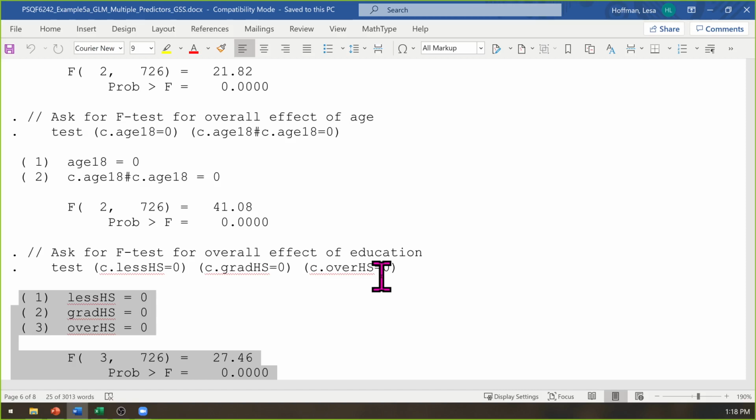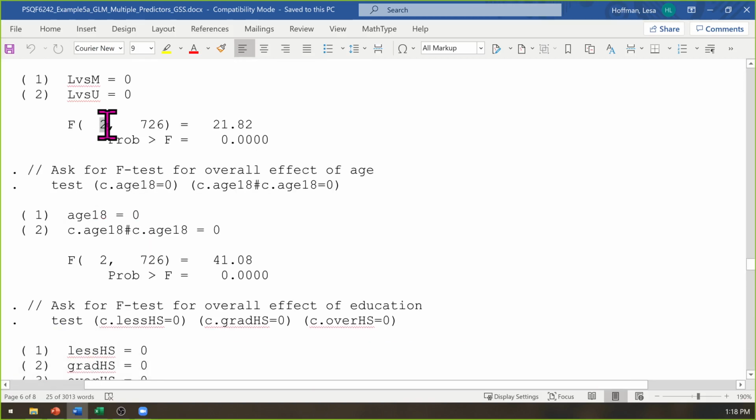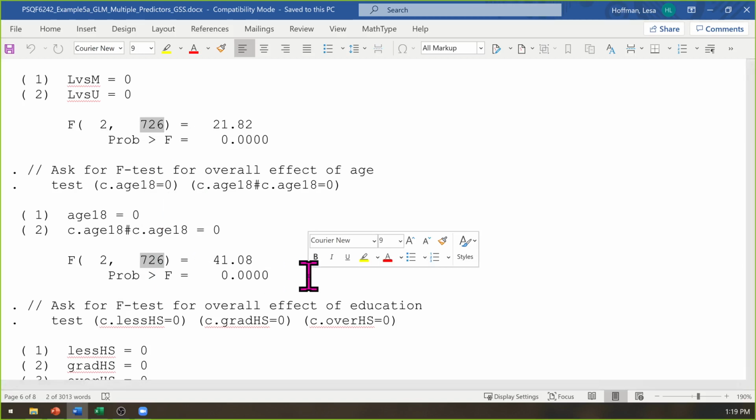And if you generated the right F, then you should have the right degrees of freedom for it. Because for each of these, the numerator degrees of freedom is the number of slopes you've lumped together. And the denominator degrees of freedom is the same in all of them, because they're all based on the same model that has 722 slopes you could have added.